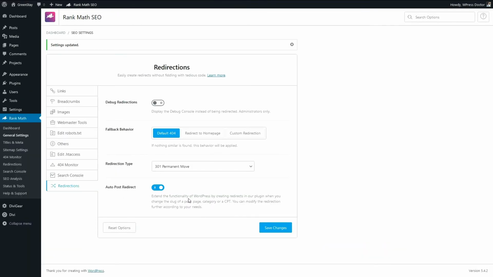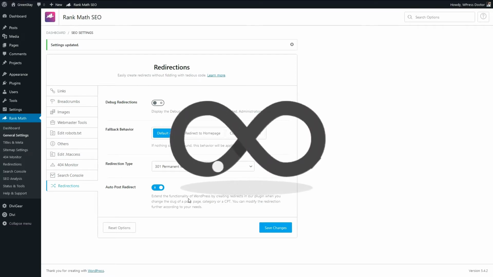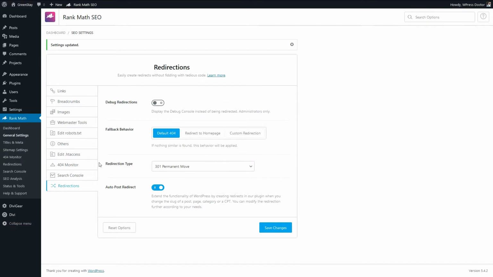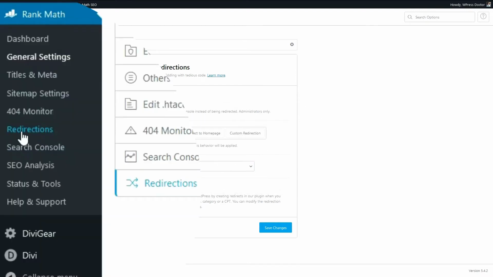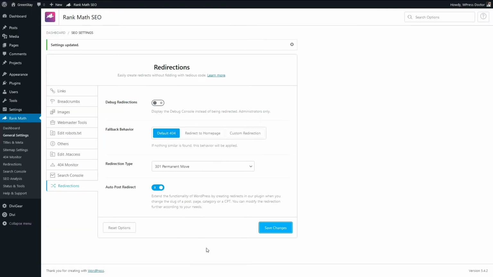Don't forget, if you change the URL and you have to change it back, it is possible that it will generate a redirect loop. So you will enter the page again, and if you have changed it twice or the third time or the fourth time, it will keep on generating redirects. So if you see something strange with your redirections, just go to this option in RankMath and you can turn it off. We press Save Changes.